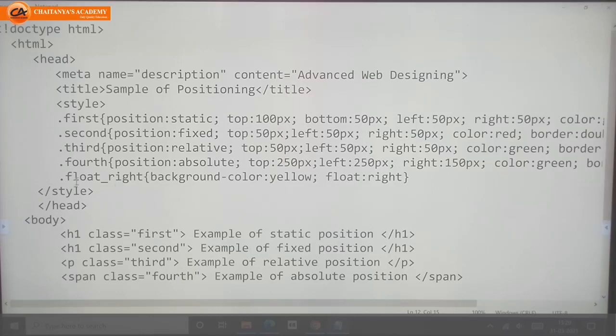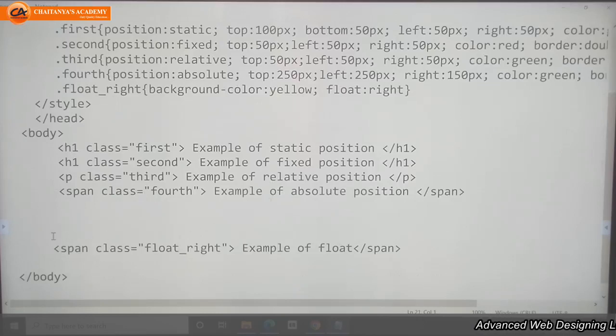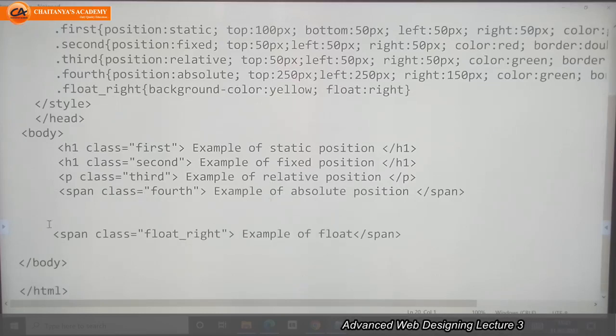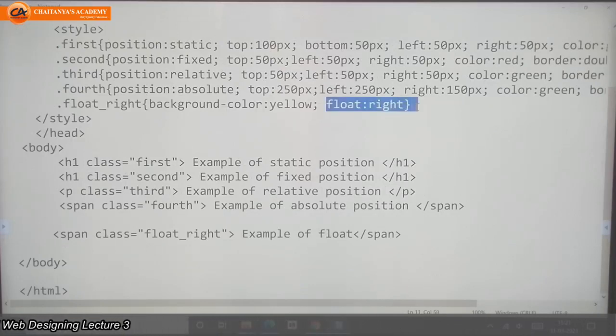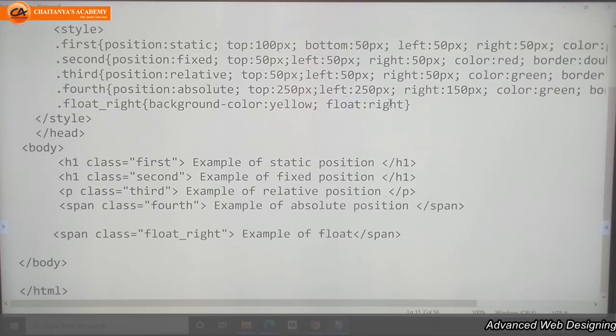Next property is the float property. If we want to display an element at the left side or at the right side, then we will use this float property. See here, again I took another selector with float right, background color yellow, and I want to display it on the right side.